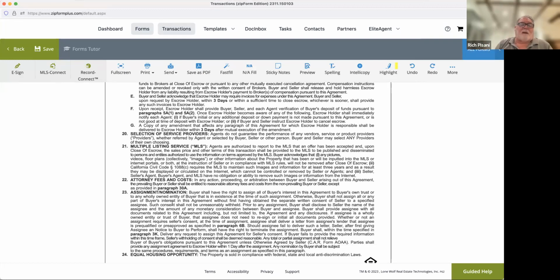Basically, buyers come to agents and say, I want all the pictures taken down. Well, the MLS won't do that. Some will do that, because the MLS goes by their own little world. But CRMLS won't do that. Part of the MLS rules is that there's an accurate depiction of what that listing was, and that includes the pictures. So after the close of sale, they won't remove them.